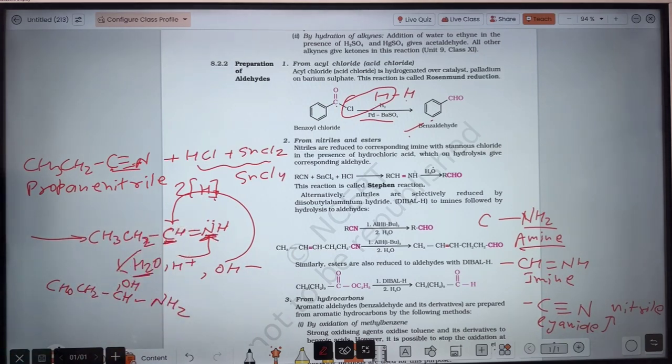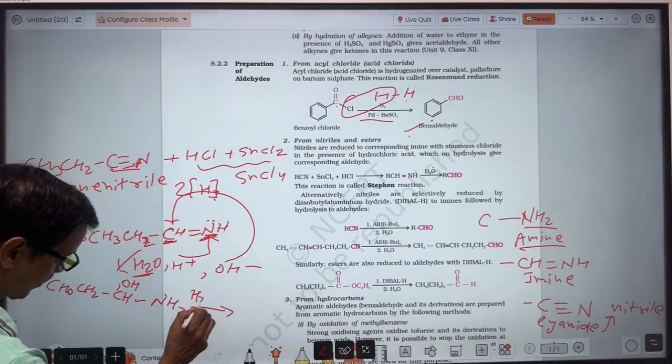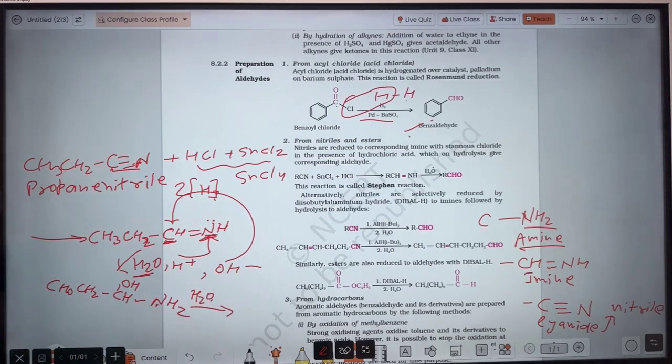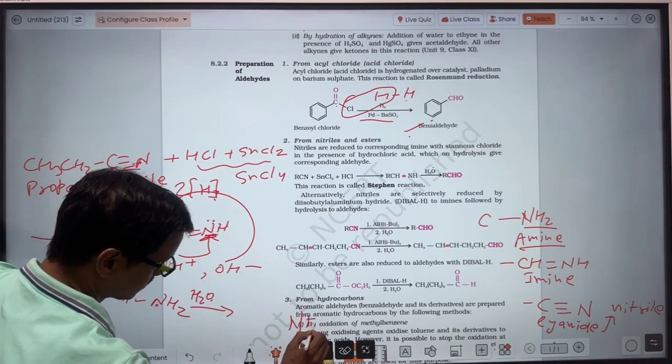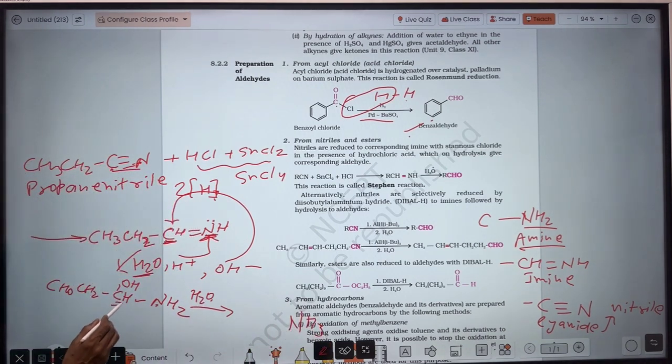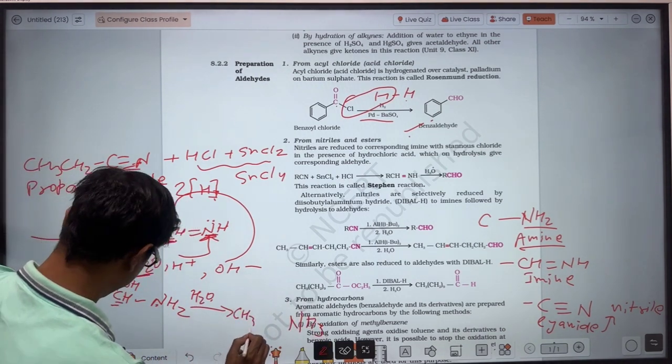Double bond will convert it to single bond. Again that will react with water. So H plus will go to this nitrogen, that become NH3, and OH will go to this carbon, so that compound become